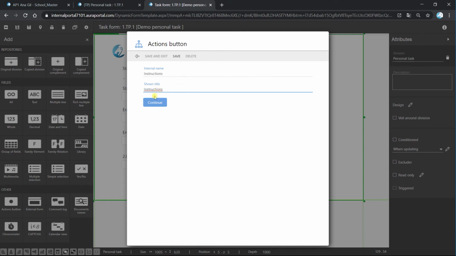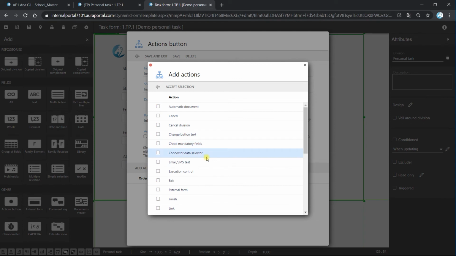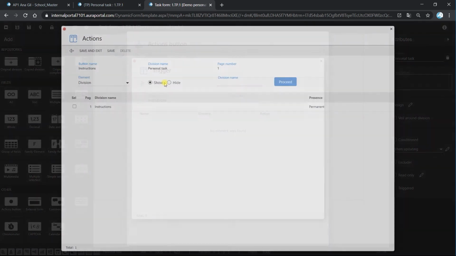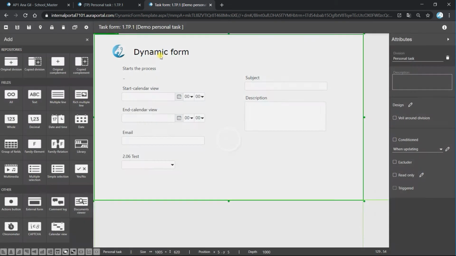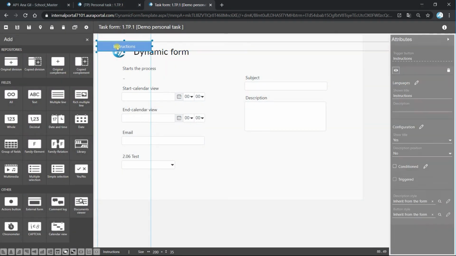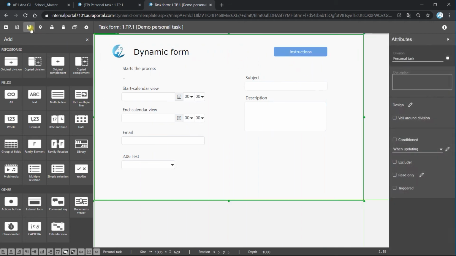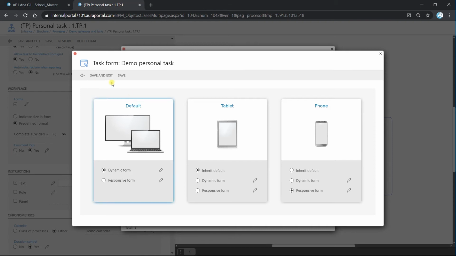Instructions, continue, and add actions. And in this case, it's again going to be trigger the action, but it's going to show the instructions. Okay, I'm going to move it here and save. As we have the instructions here, in another division, I don't need